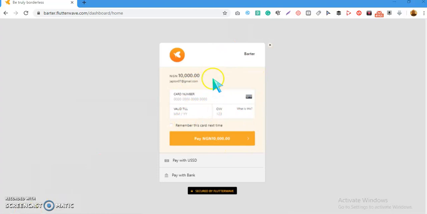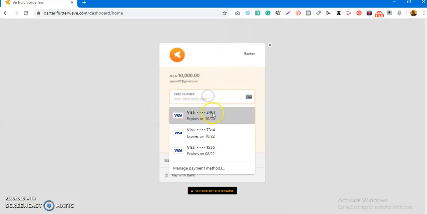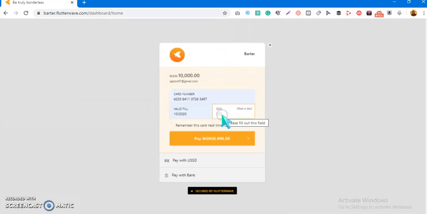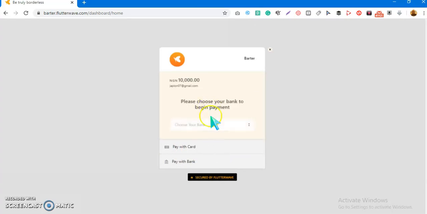So once the page loads up like this, just input your card details, and then make your payment. You can also pay with your short code. If your bank has a short code, you can pay with the short code service, then just select your bank.